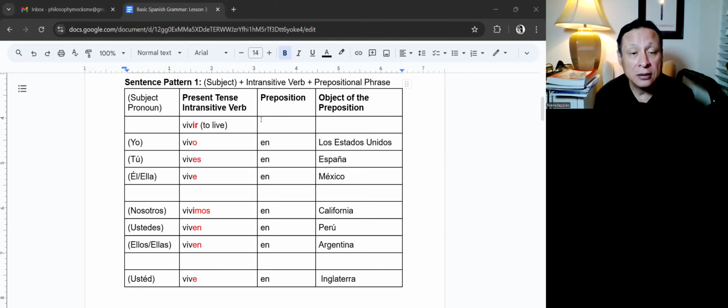Ella vive en México. Ella vive en México. The me in Mexico is stressed, and the XI is a jico. México, México. Okay, nosotros vivimos,